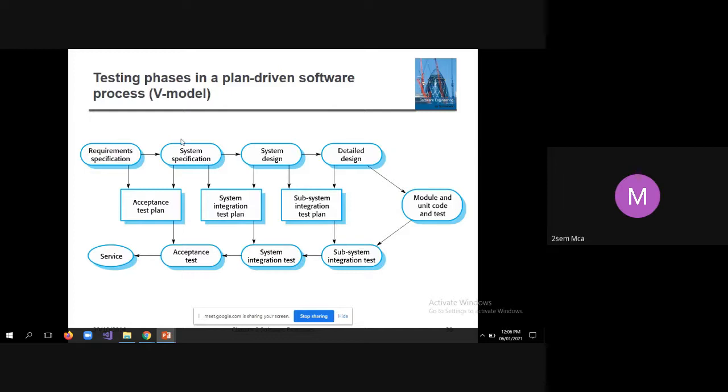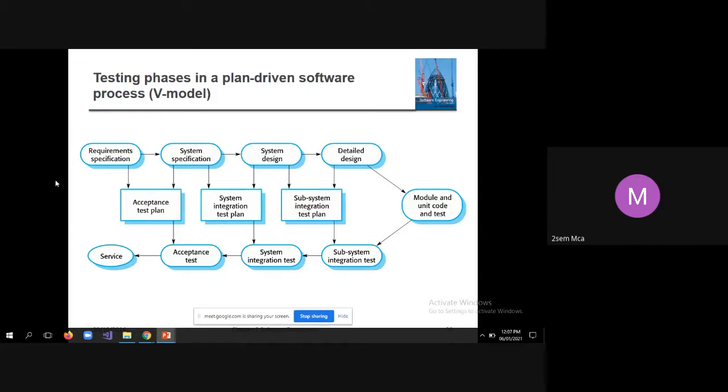For that, the basis is the requirement specification and system specification. The requirement specification tells only the requirements of the client, whereas the system specification tells many things, including what kind of software and hardware requirements you will be using, and what the limitations and restrictions are.